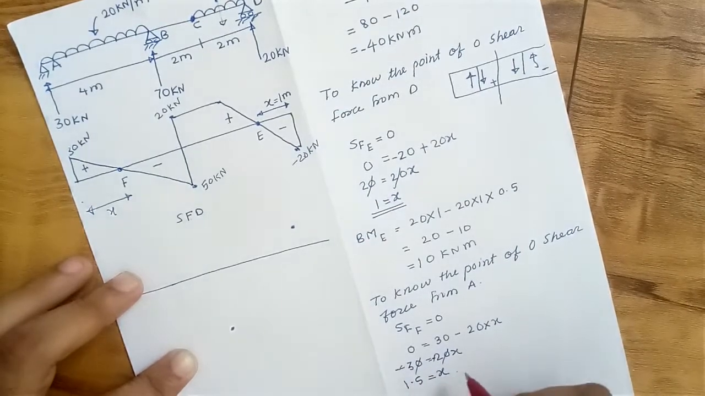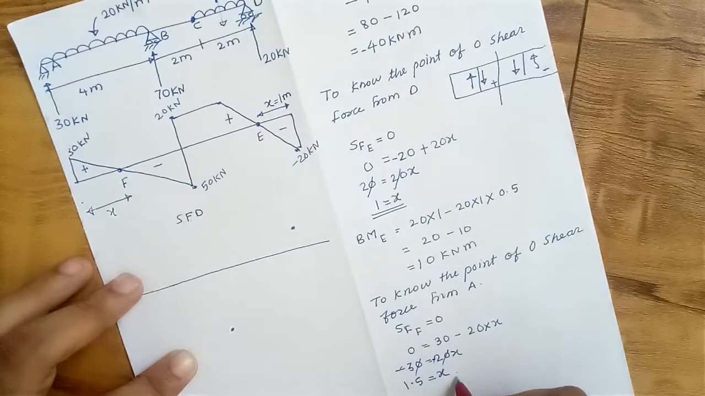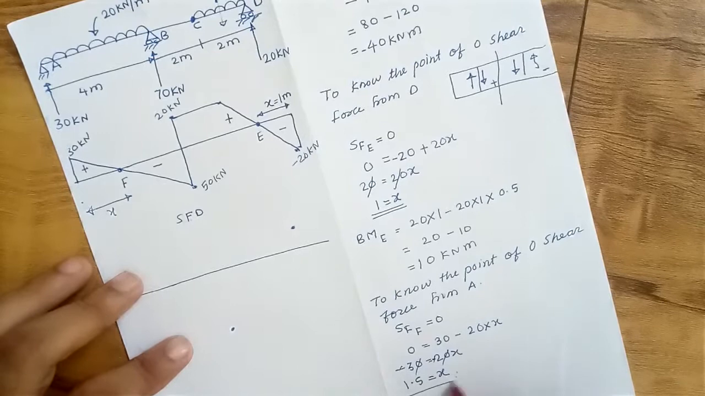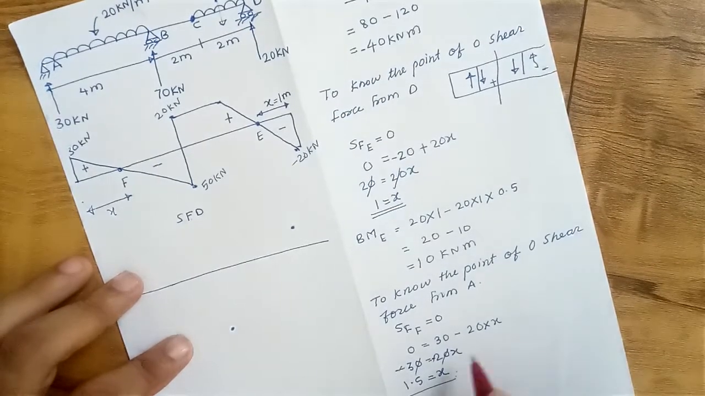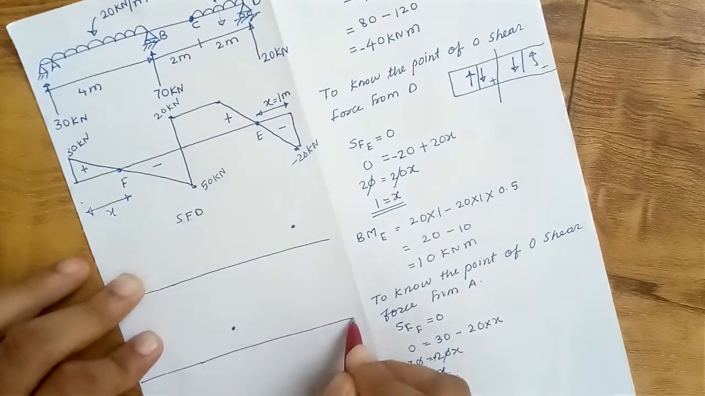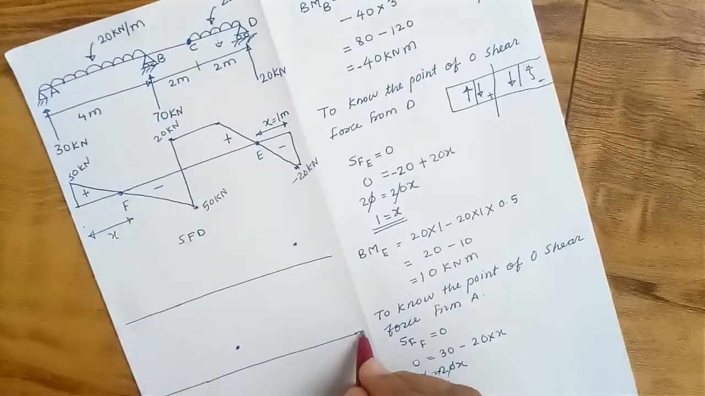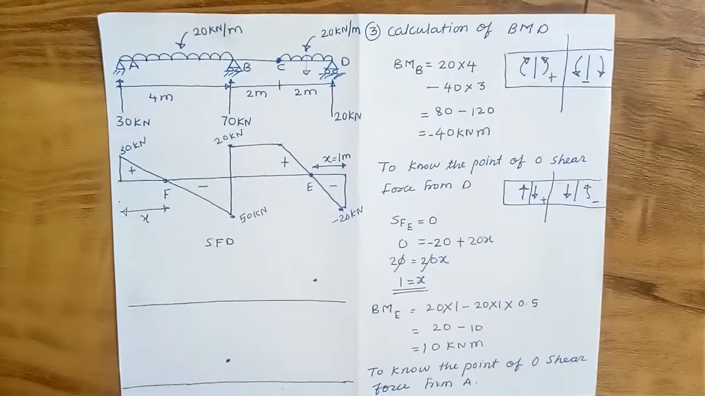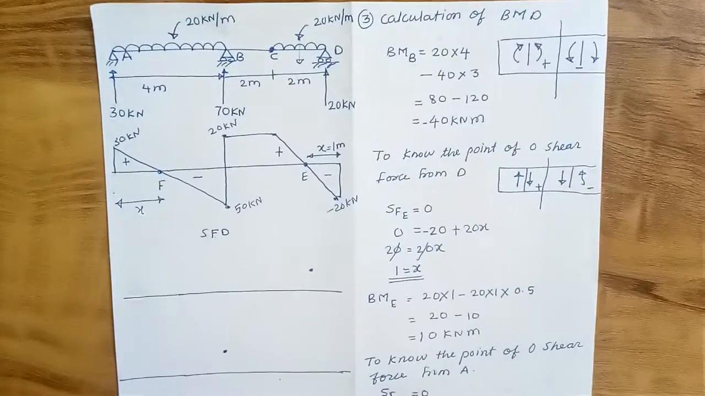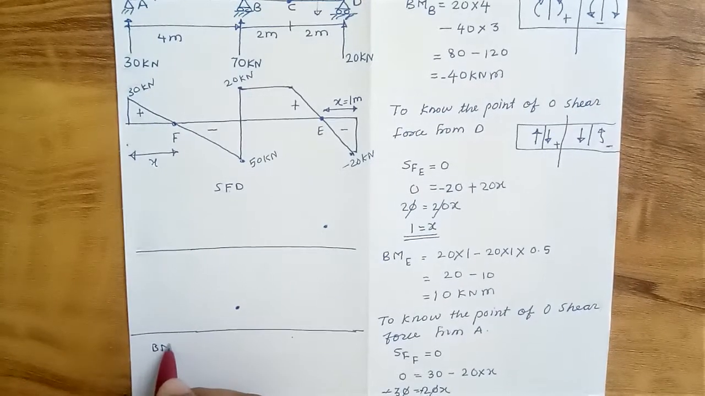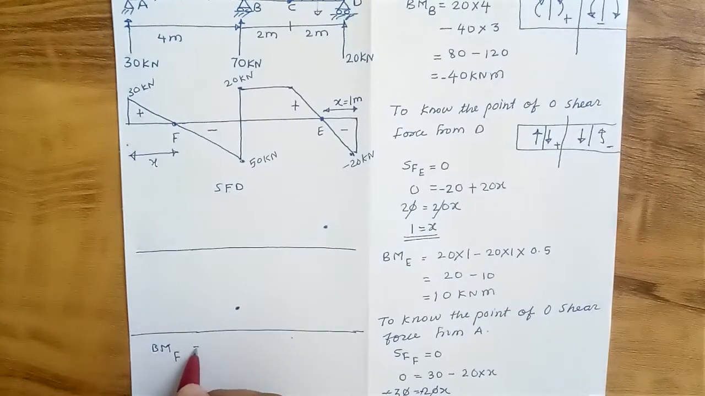So at a distance of 1.5 meter, the shear force is going to be 0. So let us calculate bending moment at point F. So we are calculating bending moment at point F now. So bending moment at F is nothing but,